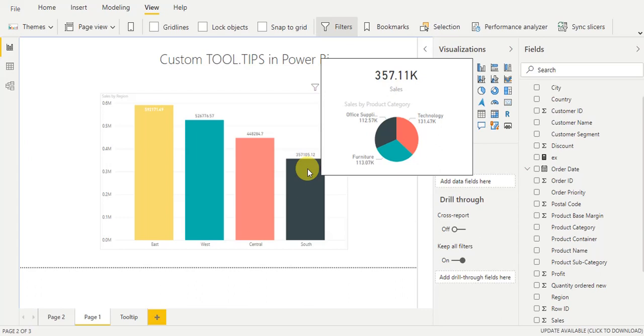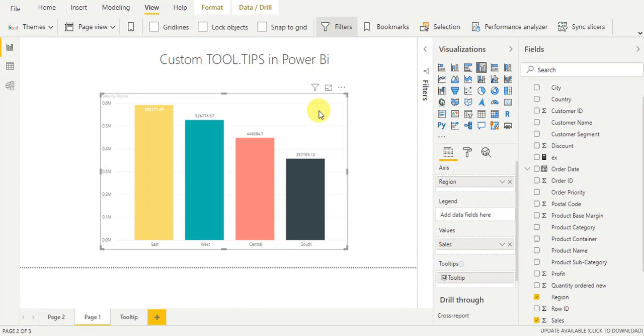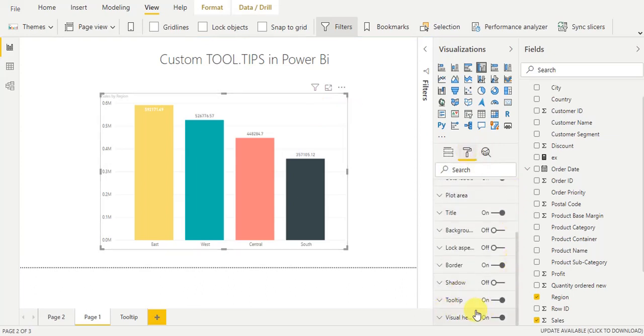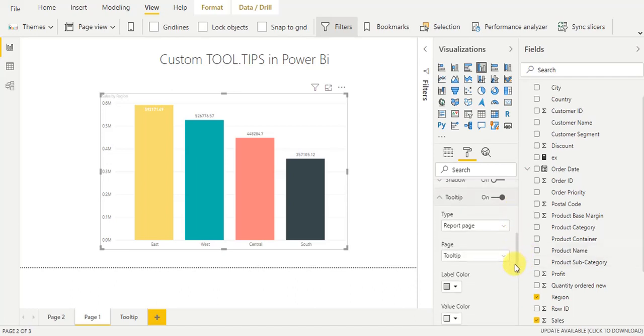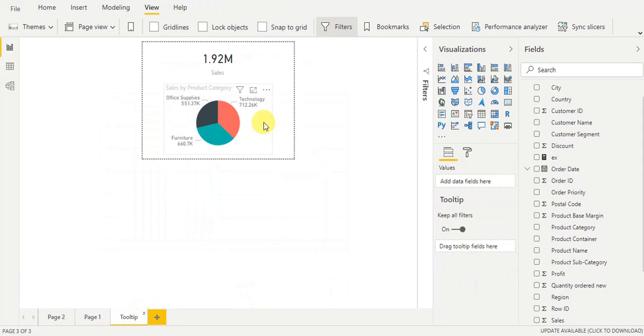So you have to take care of 2-3 things. One is to select the main page visual, then go to the format bar, and from here the tooltip option should be enabled, and also select the tooltip page name. And in the tooltip page, firstly you have to set the page size for the tooltip, then go to the view tab, and from the view tab click on actual size, and then in the tooltip page